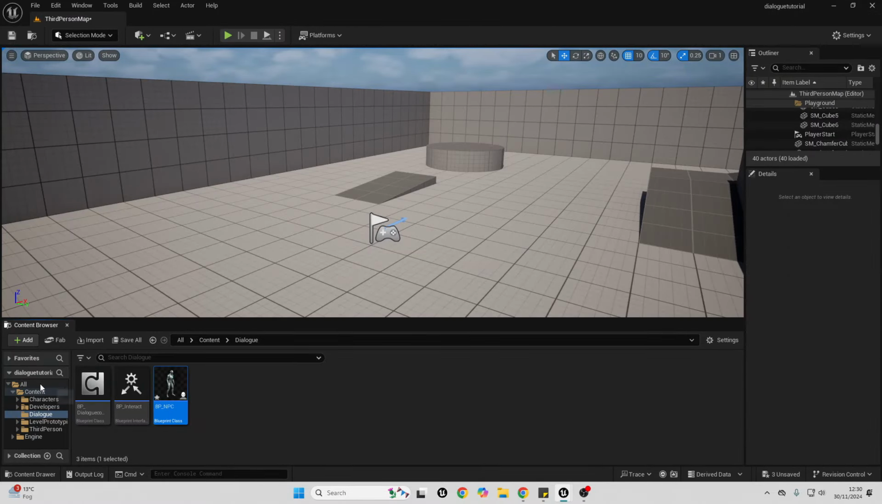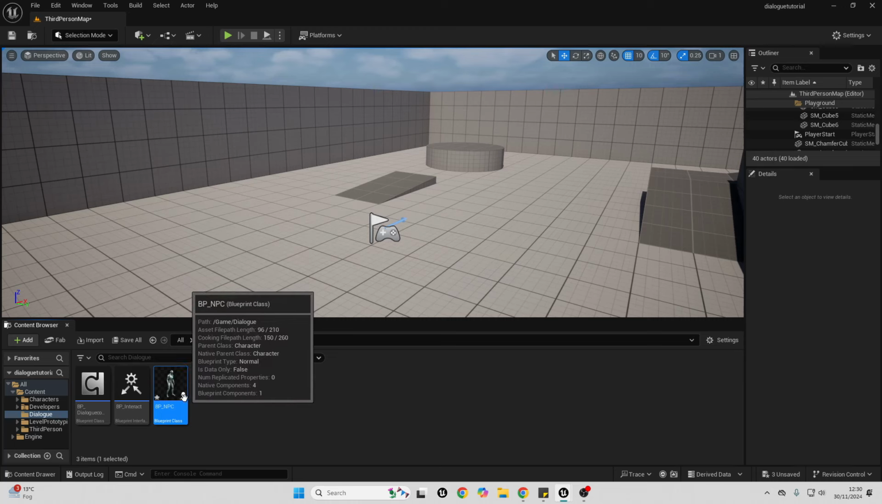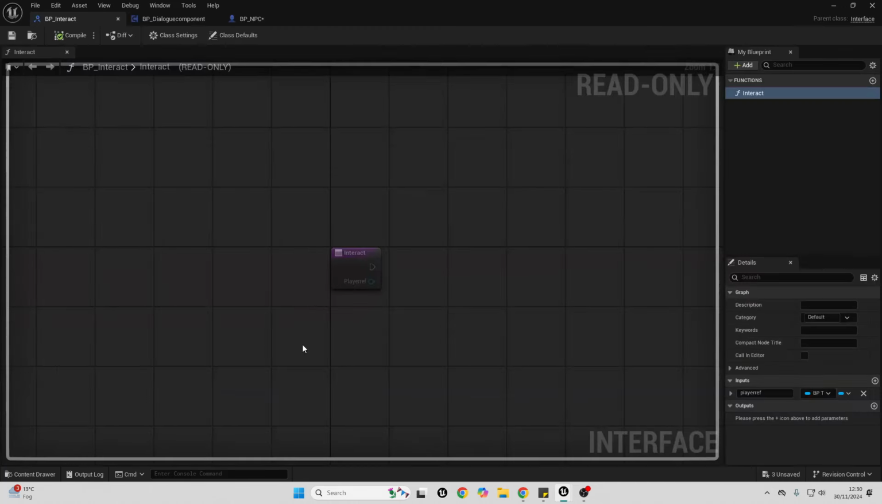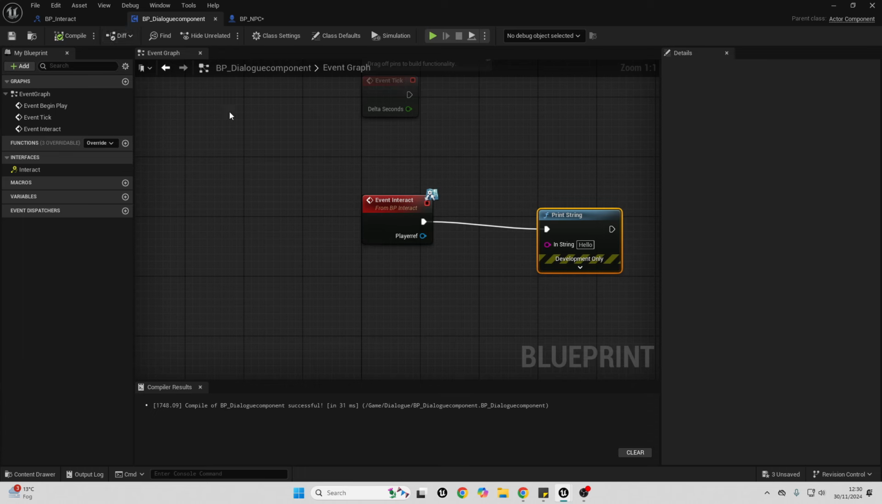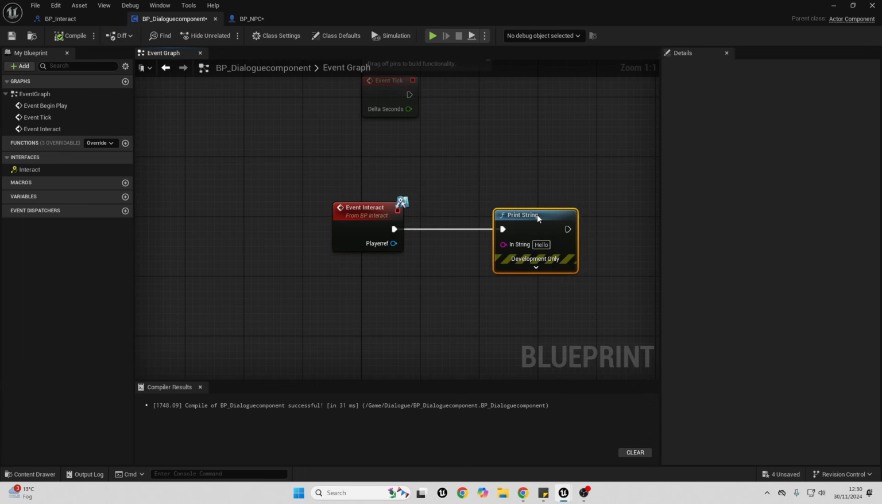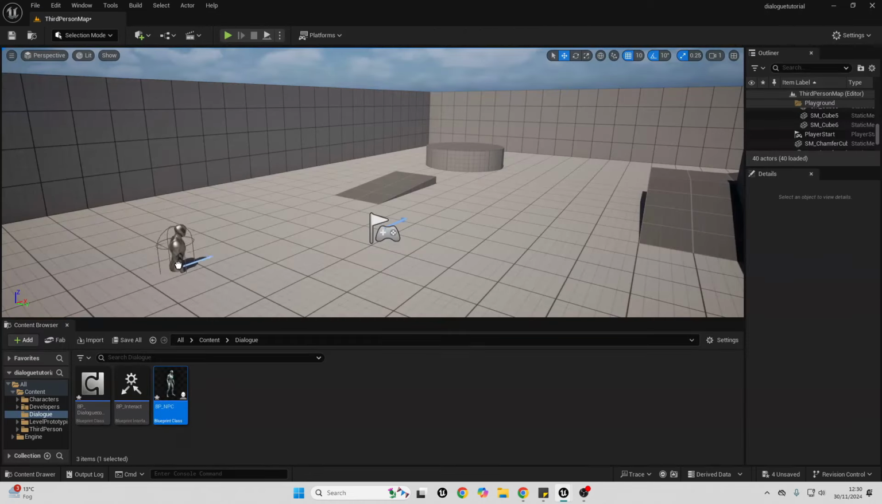The next thing we're going to do is make it so if my player character goes up to this NPC and we press the E button, we will call the interact. If you remember in our dialogue component, whenever we interact with something, we make it print string, just so that we can test that this is working. So I'm just going to drag my NPC into my world,